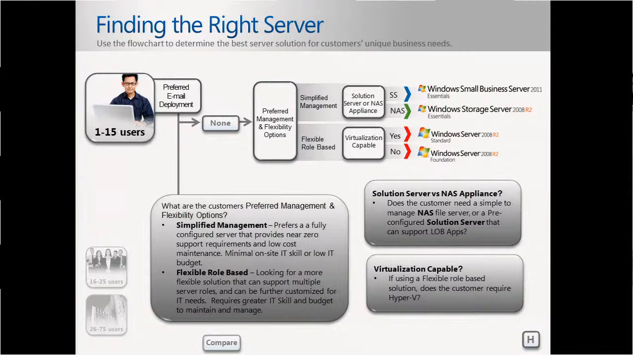If I want to add servers to this infrastructure, I can just add member servers, additional domain controllers into this infrastructure and also grow this infrastructure as much as I want. Up to 25 users, which is the limit for our SBS Essentials product. To give you a quick demonstration of SBS Essentials,